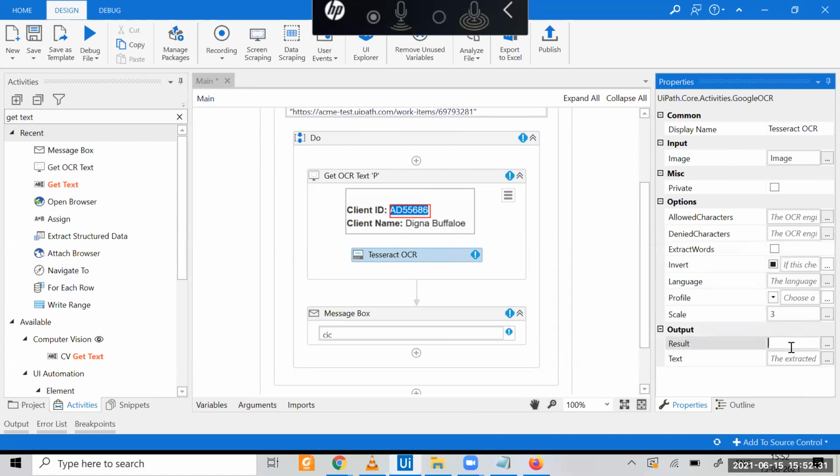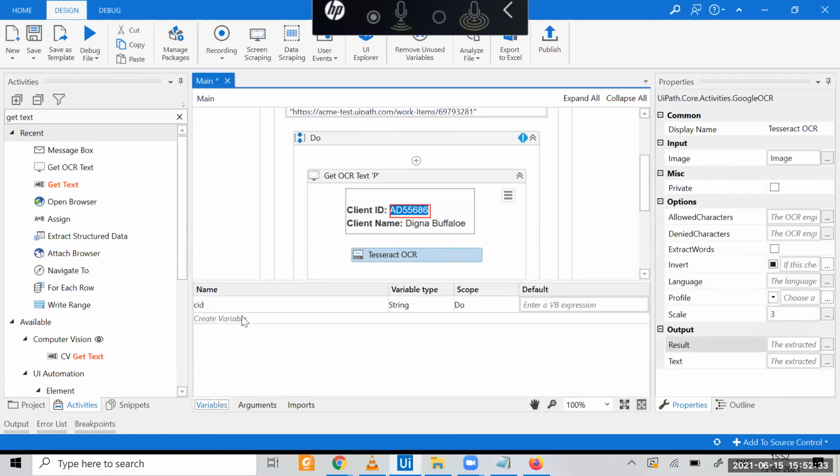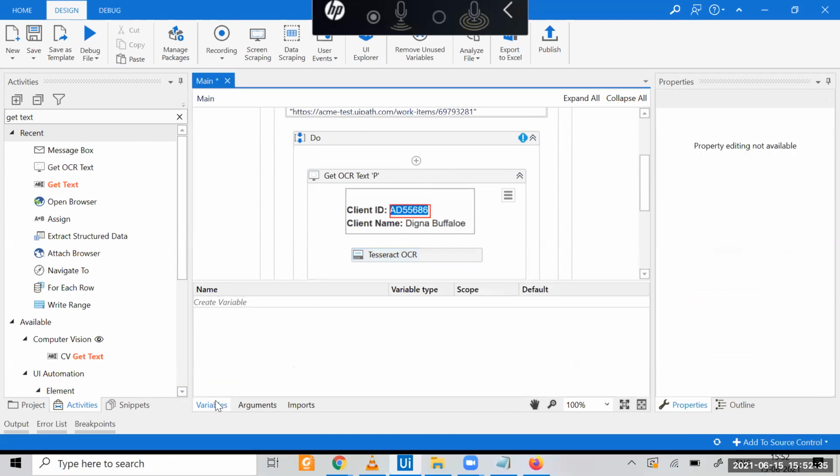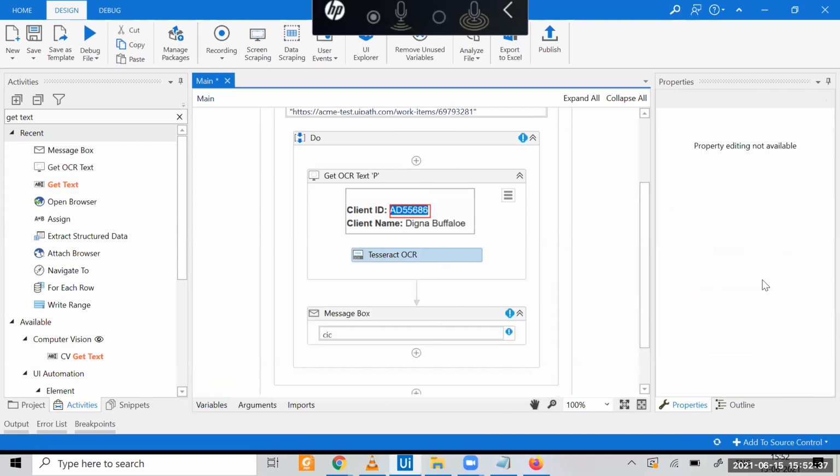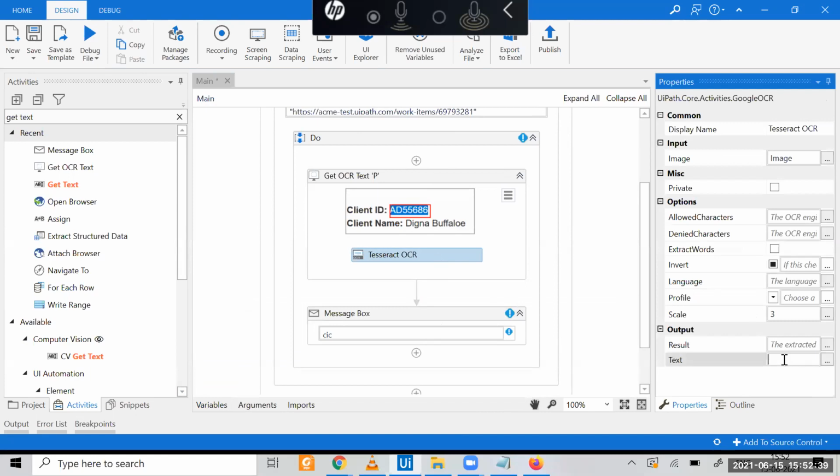Okay, let me get over here. Text value, okay.